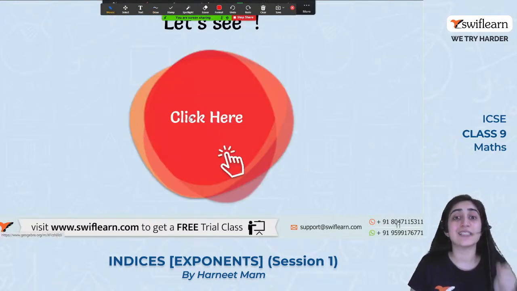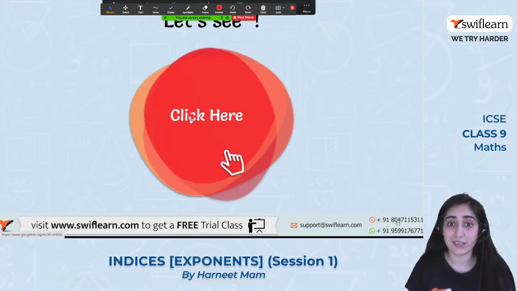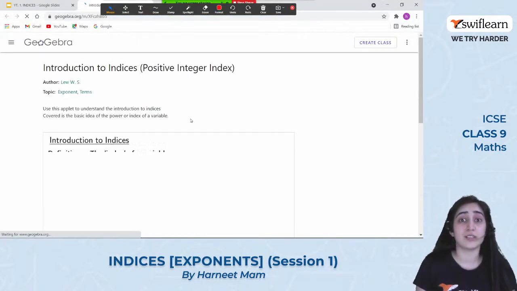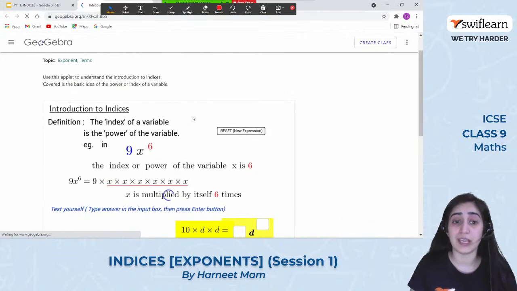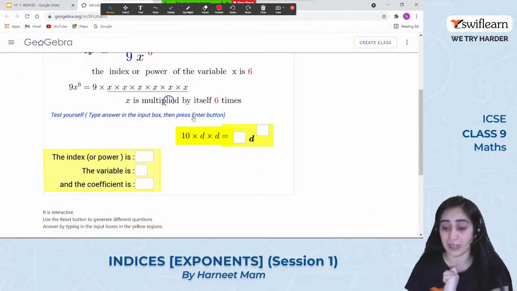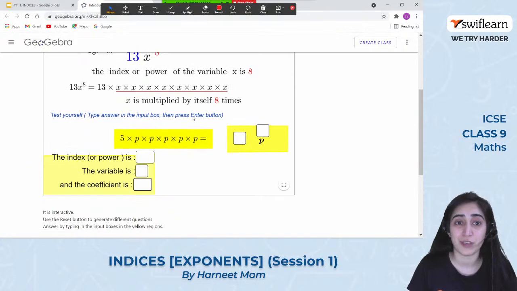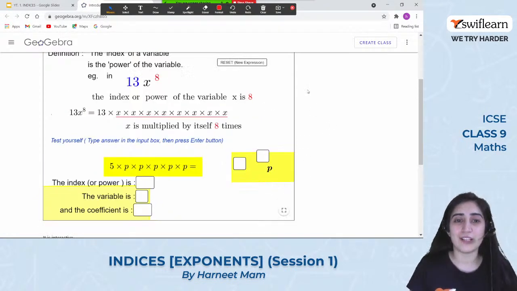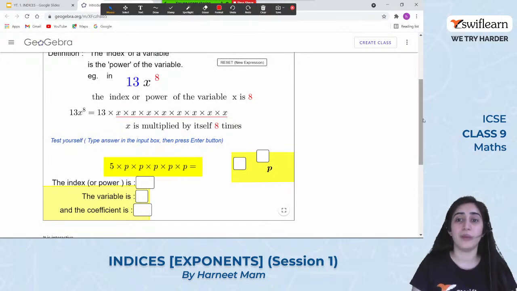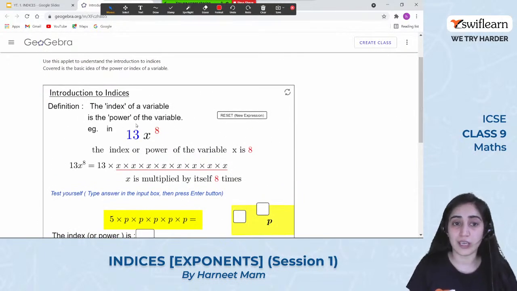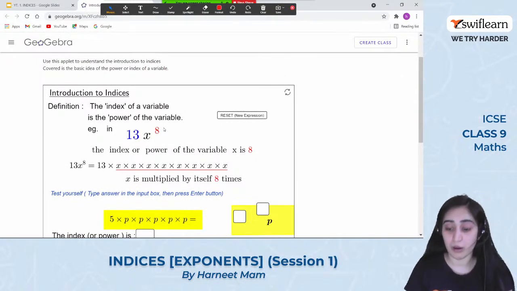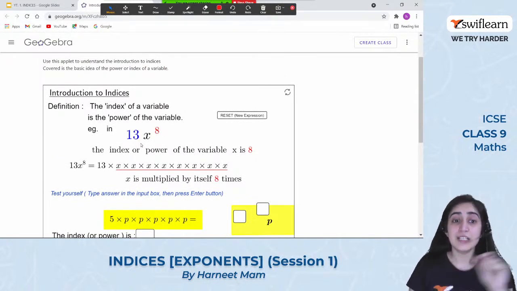All right, okay, moving on to the next one. It says let us see how are we getting this and what are the things. So this is a visualization of where we get to know what are we doing and a question that you need to give me the answer. So everyone excited for giving me the answer? All right, so here we go with our first question. It says that the index or the variable that we are talking about is the power of the variable. So it's 13x raised to the power of 8. All right, so what does it mean?